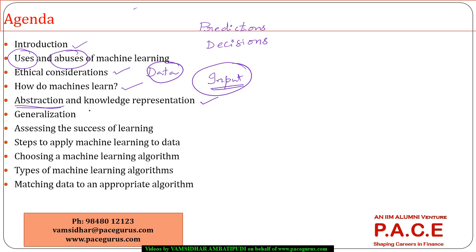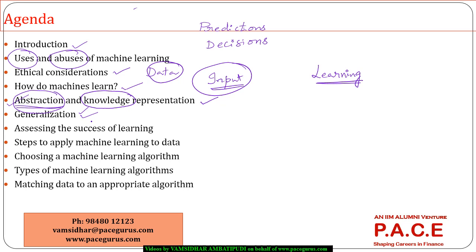One being the abstraction phase. Whatever I am teaching, the machine is doing some kind of abstraction and it is converting that information into knowledge. Then, how it does the generalization based on the abstraction. If you start thinking, even human beings learn things the same way. I do a teaching, then each one of you has your own way of doing the abstraction, and based on the way you do the abstraction, you generalize it and try to reproduce and apply